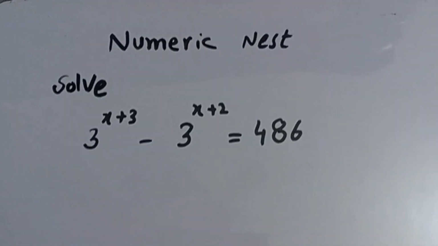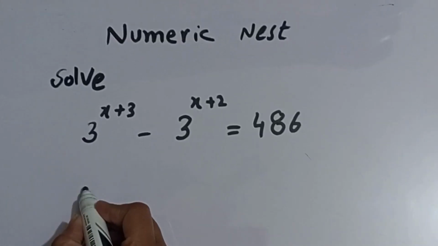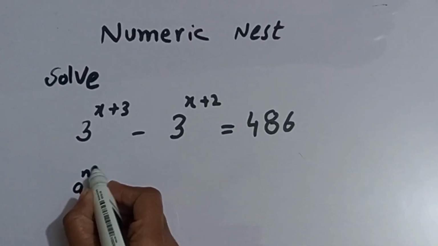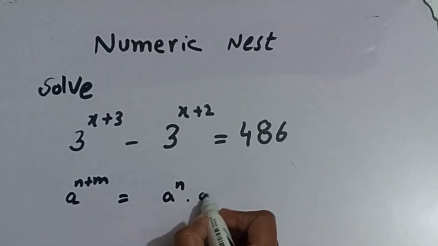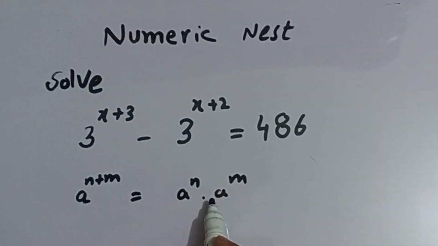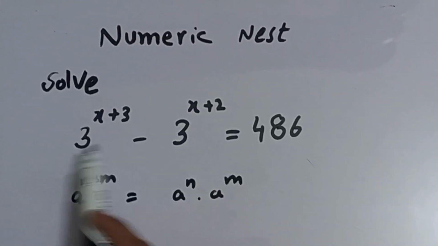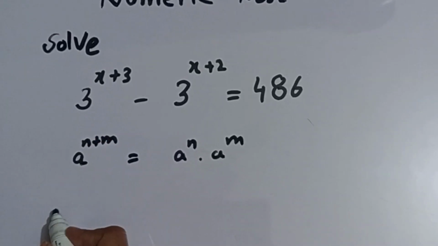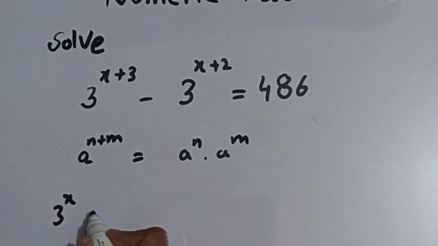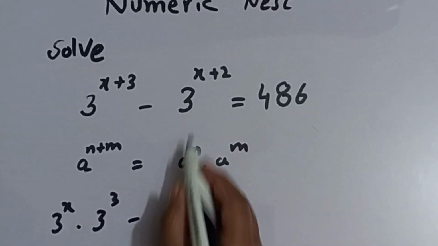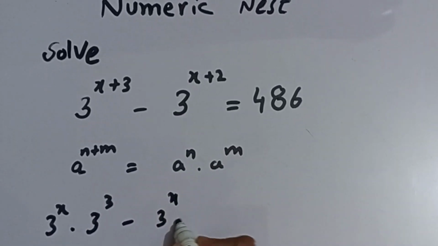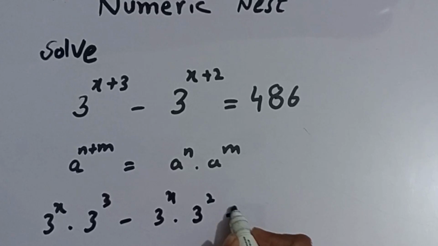So let's start. In the first step we use this identity, a raised to the power n plus m, which we write as a raised to the power n multiply a raised to the power m. We apply this identity on the first two terms. So the first term will become 3 raised to the power x multiply 3 raised to the power 3, minus 3 raised to the power x multiply 3 raised to the power 2, is equal to